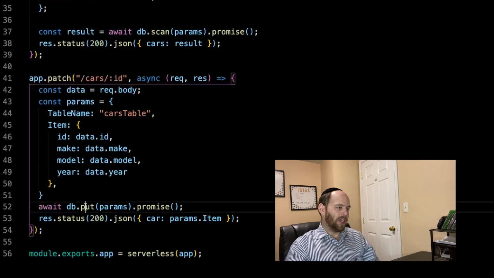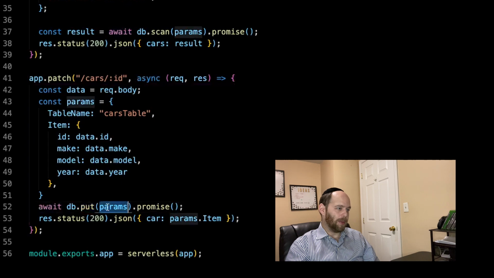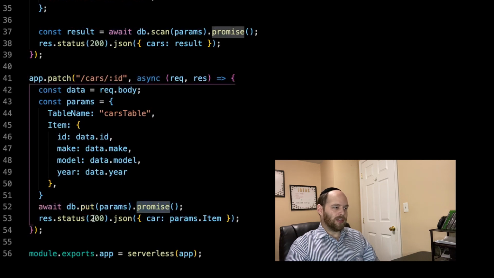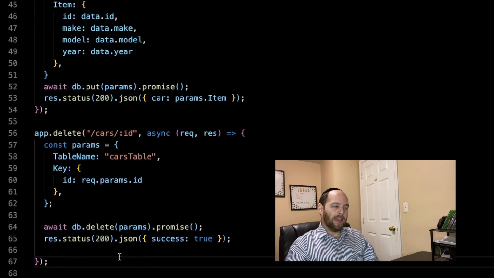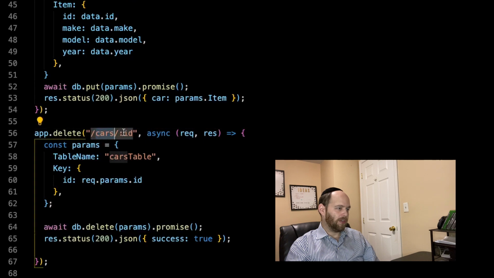And then we're once again going to call the put method, passing in the params, getting the promise, and then we're simply going to send back a 200 with the newly updated car. Finally, we're now specifying the last endpoint, and that's going to be an app.delete, once again going to /cars/:car_id,